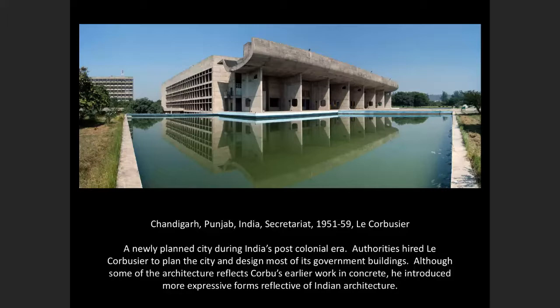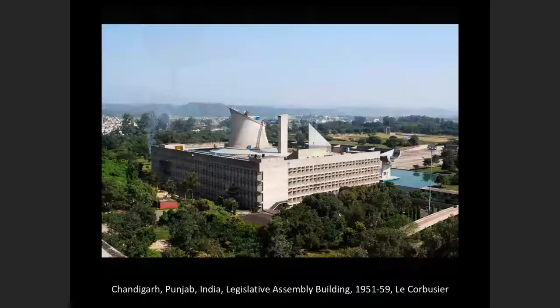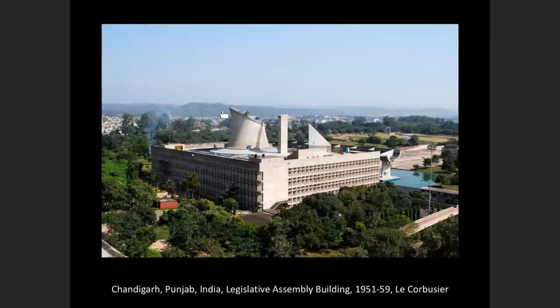So here we see in pure poured concrete this sort of curving roof form here. We see a lot of water because, again, this is in an environment where water and jungle are more predominant. But we definitely see more of the use of concrete here by Corbusier. Here's an open plaza. I'm just going to flip through these kind of quickly. We see the sculptural artistic forms on the roofs here,